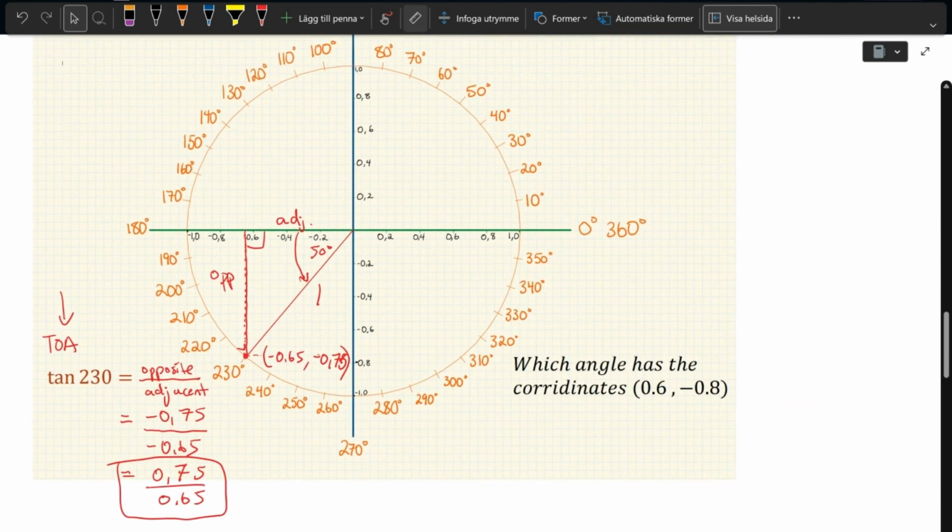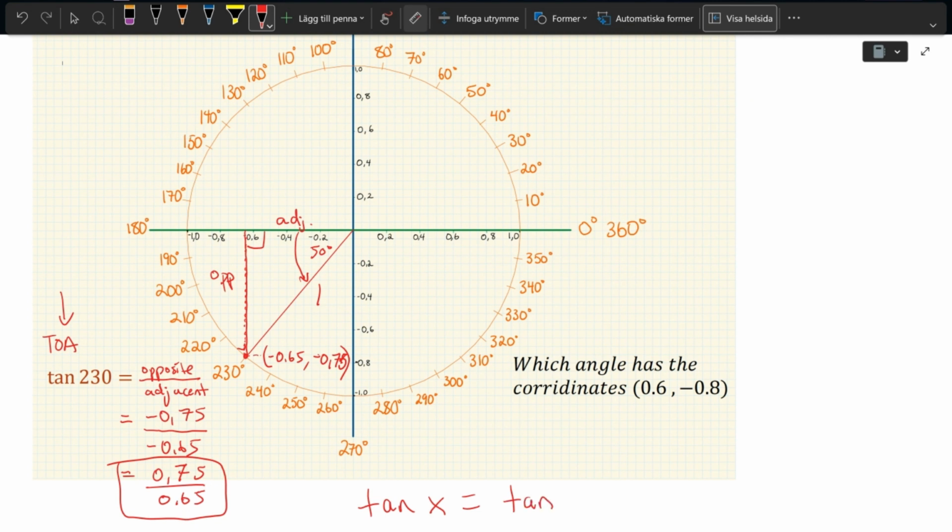We can also find a similar answer by using the rule where tan of some angle x will also be equal to tan of that angle plus 180 degrees. So we can also think about if we start from 230 degrees and we want to go 180 degrees further, you can add those together and find the sum. Or when you think of a circle, you should imagine that 180 degrees will be halfway around